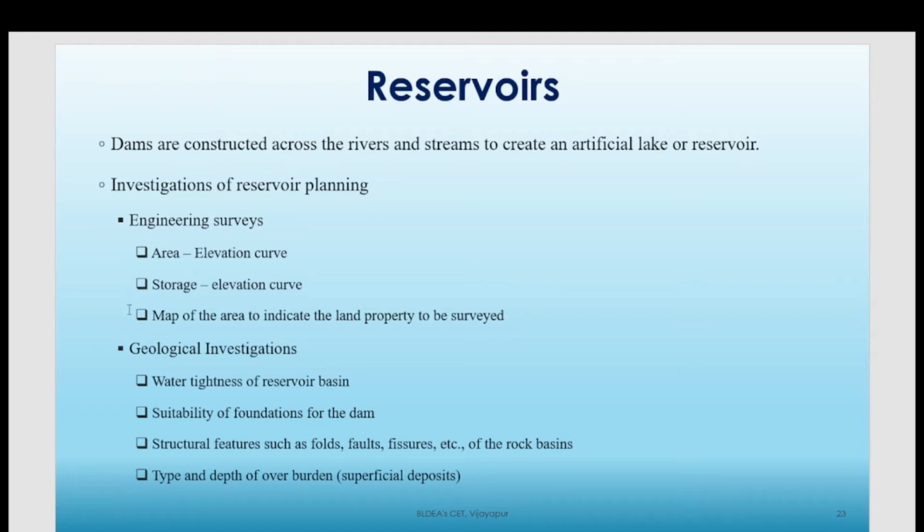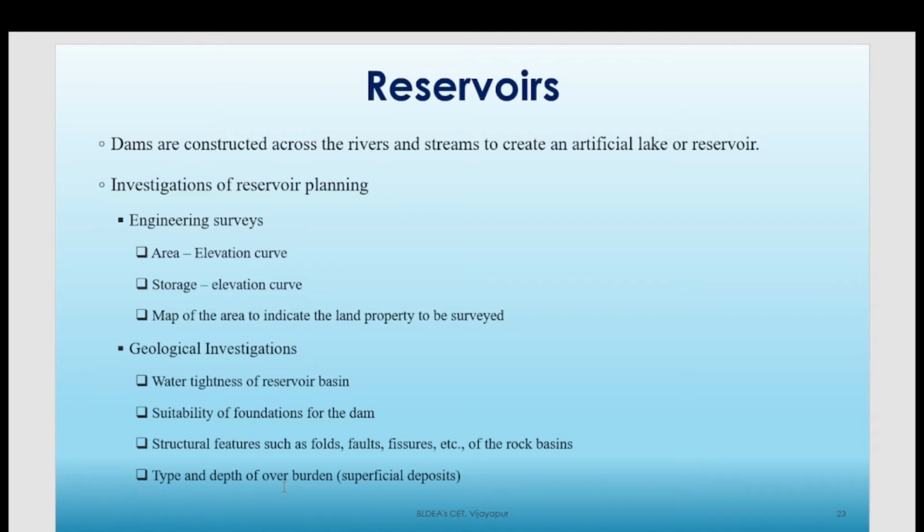If it is impervious in nature, there will be less uplift pressure. Because of that, it will create water tightness and avoid the water seeping out. So we must first try to understand this geological condition, then the suitability of the foundation, whether the weight we are applying from the gravity dam is very huge and the weight itself is resisting the water force and all the other forces that are acting on the dam.